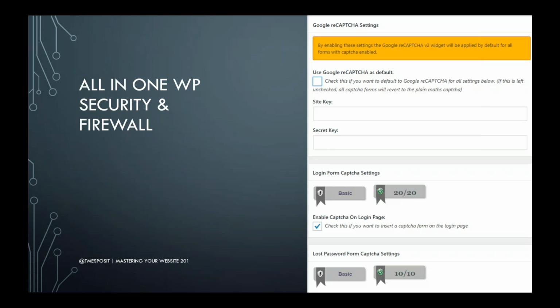So one thing that it has is you can set up a CAPTCHA setting. A CAPTCHA could be one of those things where, oh, click only on the boxes that have cars in it. Those things that everyone hates to do. And it used to be type in the weird word that's all scribbly. This does that, but it does it better. So there's a basic one that you can do, which, when you're trying to sign into WordPress, will give you a math problem. It'll say the word eleven plus the numeral 4, and then you have to type in 15. As long as you can do that math, you can sign in.